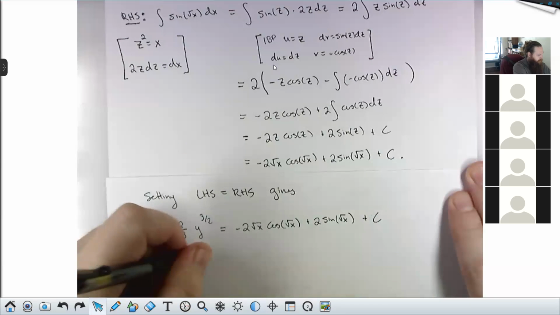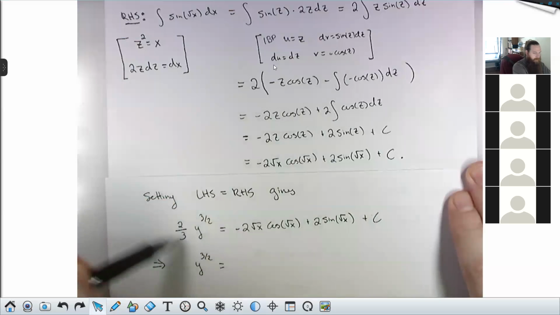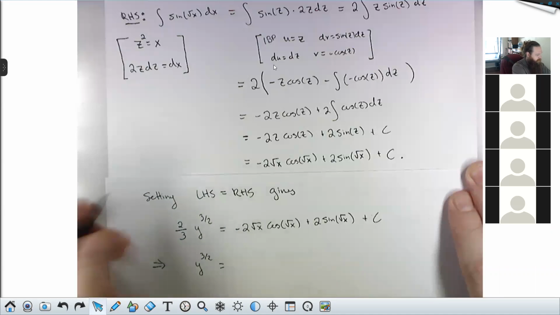Y to the 3/2 is then going to be, so if I divide both sides by 2/3 or multiply both sides by 3/2, the 2's are going to cancel, right? And I would get